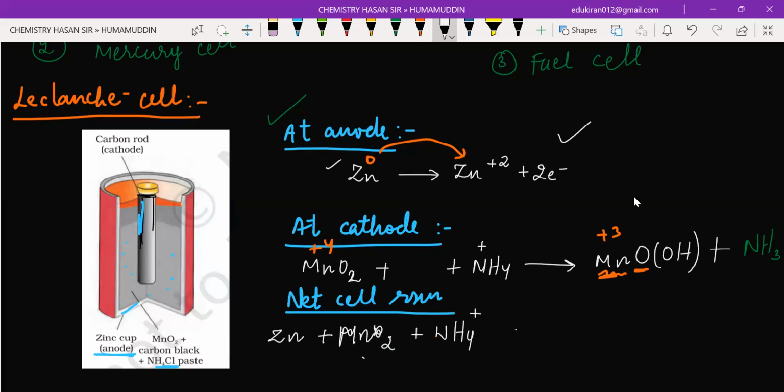Also, there is one important point. The oxidation state decreases, that means reduction takes place, so you need to add two electrons as well. On the left hand side, two electrons are also there. Now what you need to do is add right to the right. That means Zn plus 2 plus,